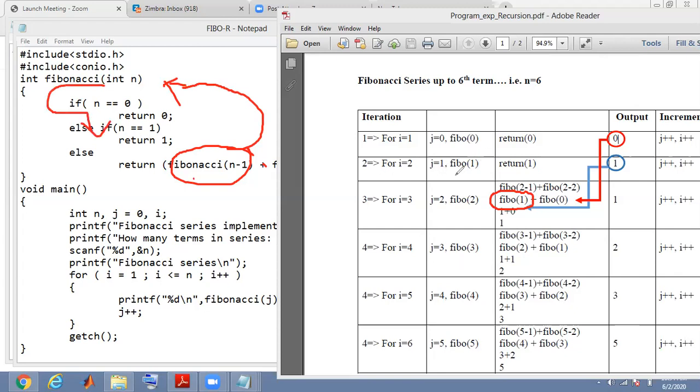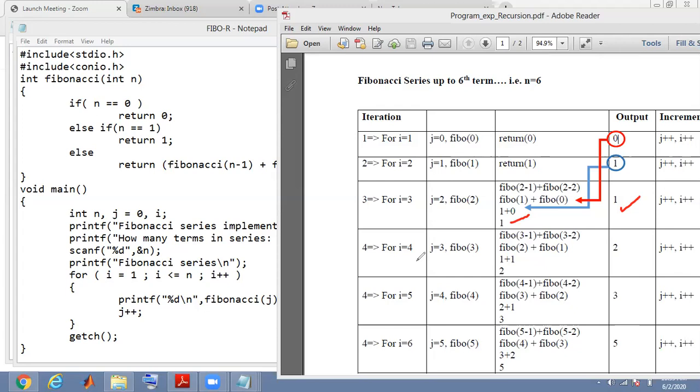In the explanation table, you can see Fibonacci of 1 gives the output 1, and Fibonacci of 0 gives the value 0. So we take the values directly from there. In this step, we get 0 plus 1, so the output printed is 1.